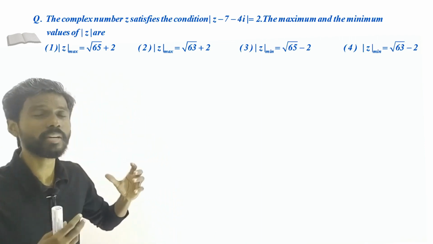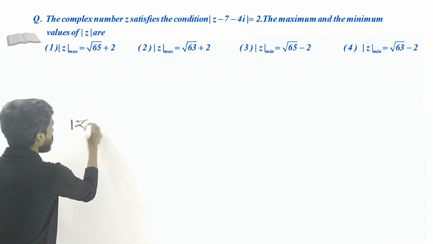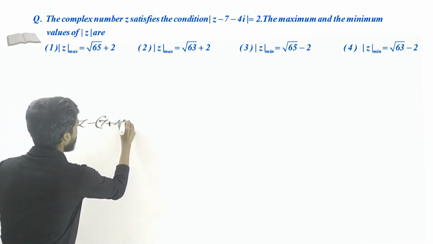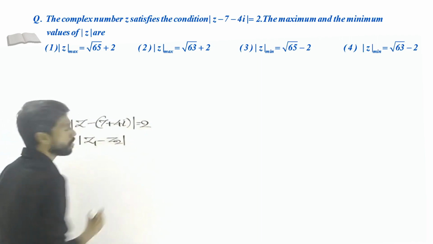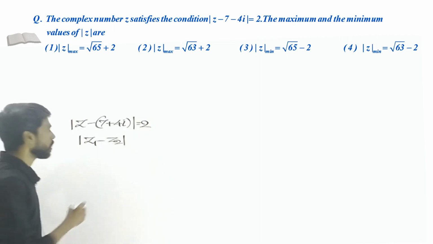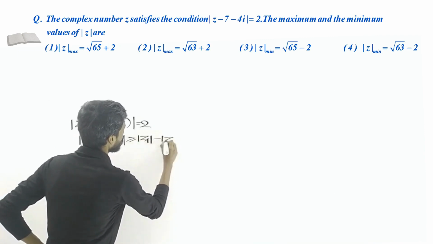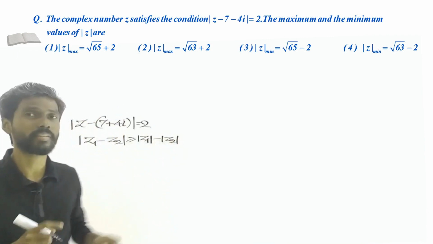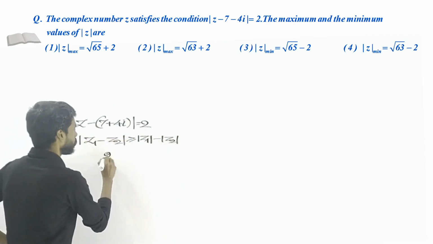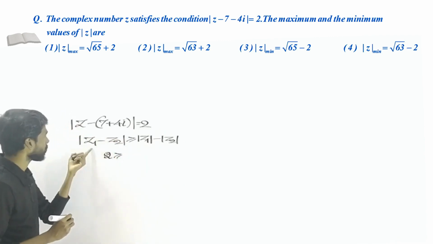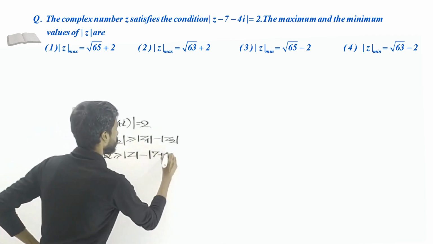You can use the modulus inequality. This is the question given, modulus of z minus 7, okay, take out, so plus 4i, that equals 2. Now it is of the form modulus of z1 minus z2. We know the inequality mod z1 minus z2 is greater than or equal to mod z1 minus mod z2. This is one of the inequalities. There are other inequalities also, but let us use this one. Mod z1 minus z2, that value is given to be 2, is greater than or equal to mod z1. We have taken z1 as z only, so mod z minus mod z2, that is 7 plus 4i